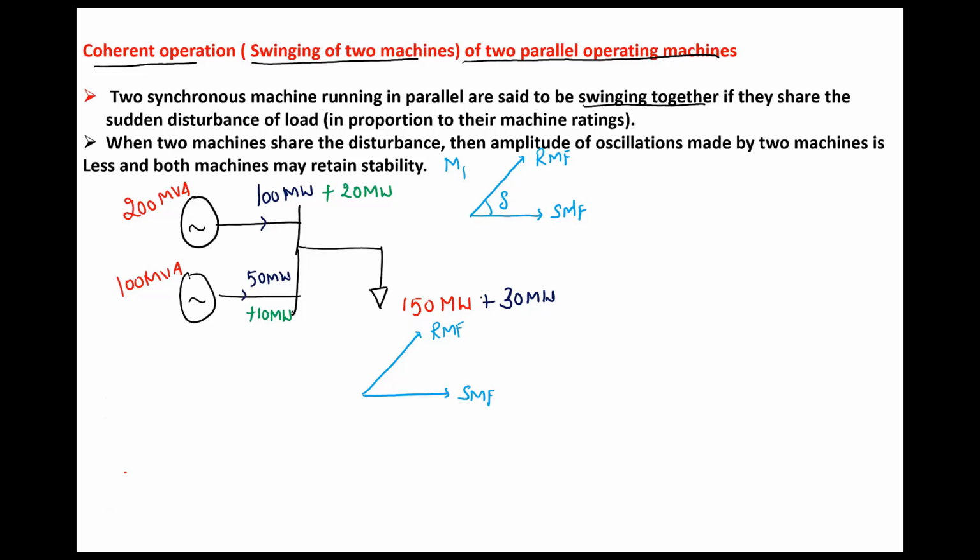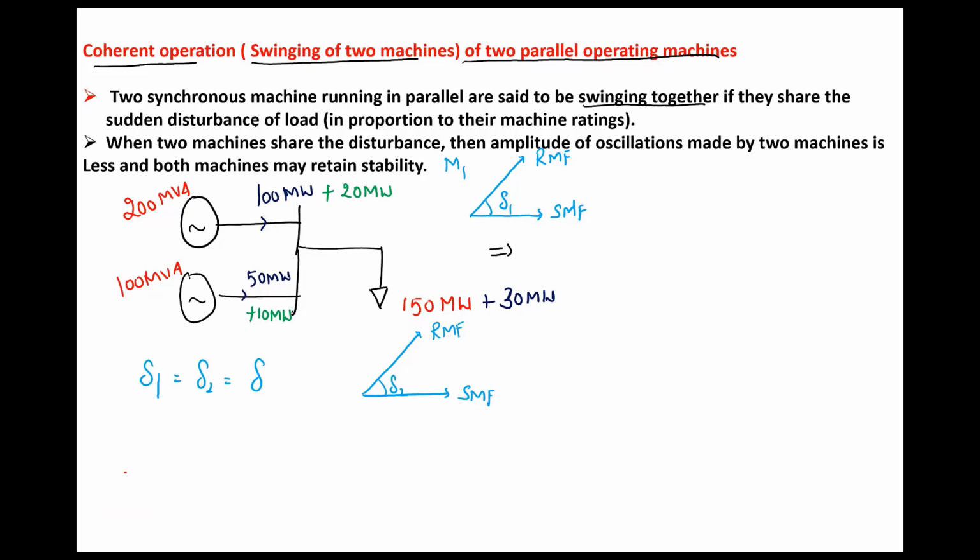Rotor magnetic field and rotor are in sync. So the delta value for two machines is the same when they are running in coherence, that we can write: delta 1 is equal to delta 2 equal to delta. Okay. So when two machines are running in coherence, we can treat it as a single machine. We can equivalently treat this machine as a single machine,